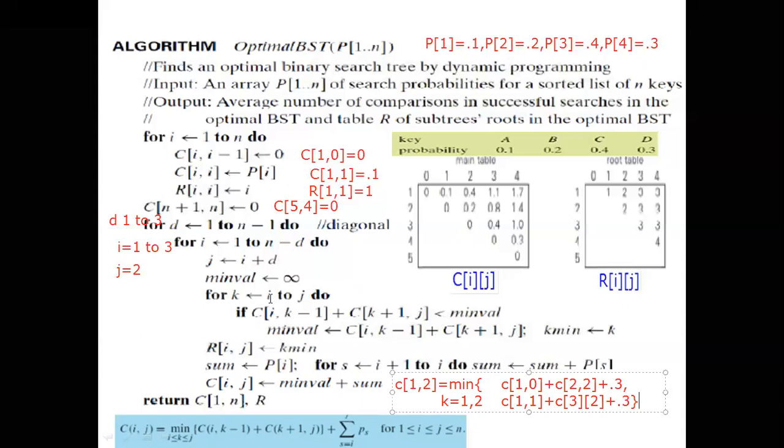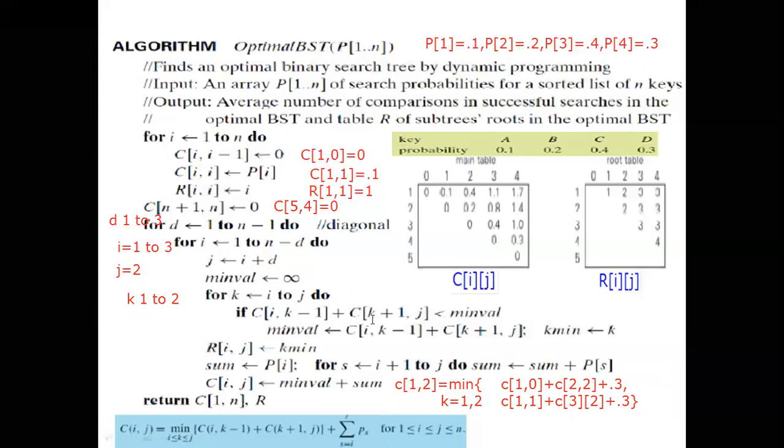I is equal to i to j. What is i to j here? What value will come for i to j? What is the i value? It is 1. And what is the j value? J value will be 2, right? I will write here, K is equal to 1 to 2. K equal to 1 to 2. Right. Now, C of i, k, that value only, this much, will come.